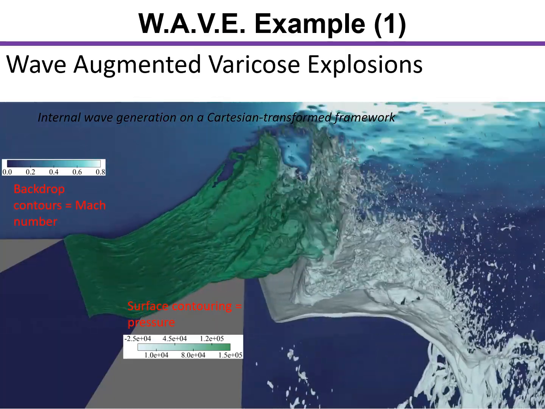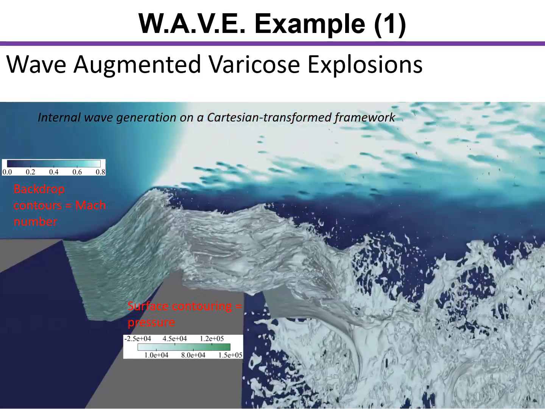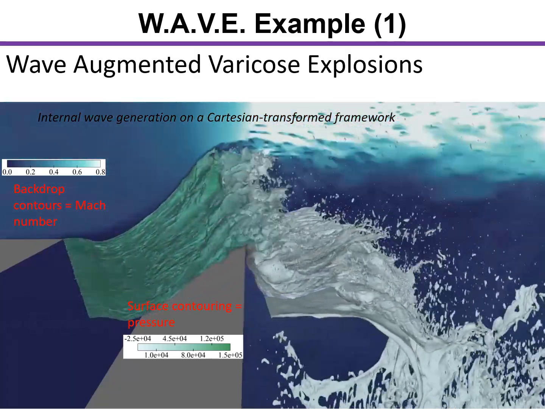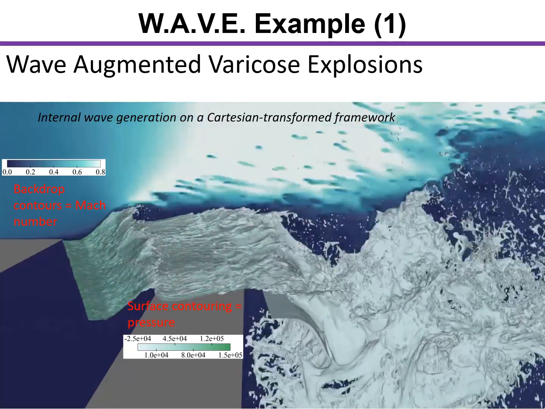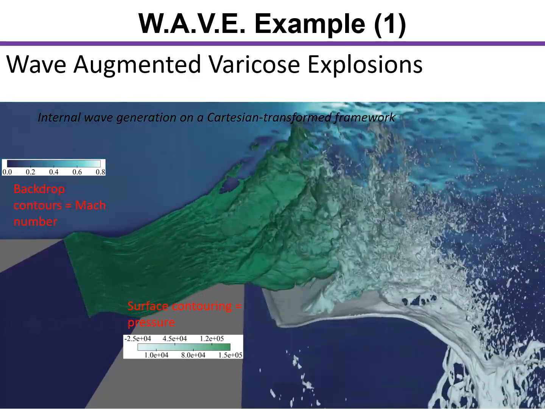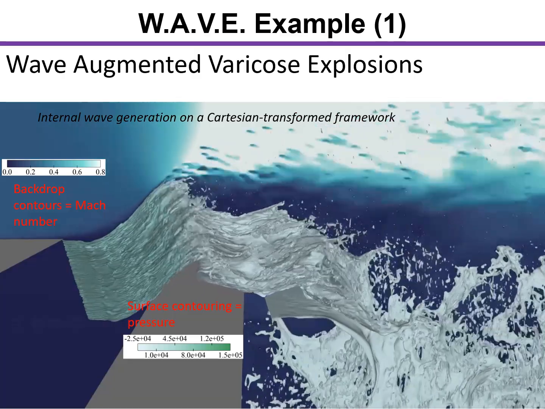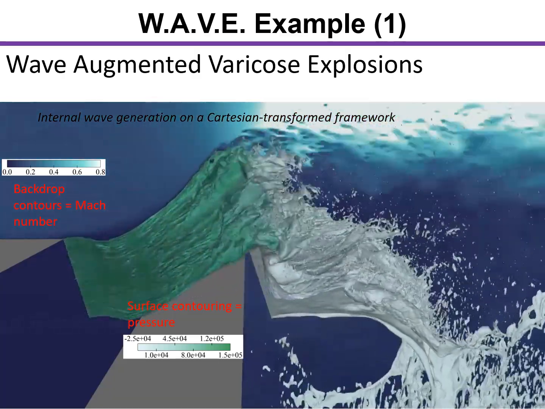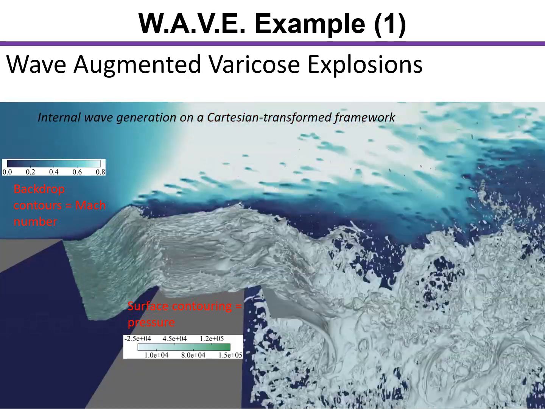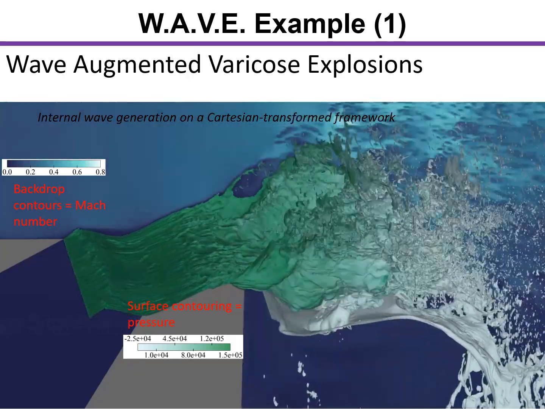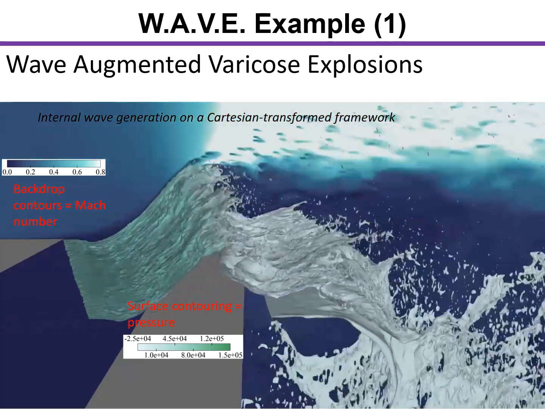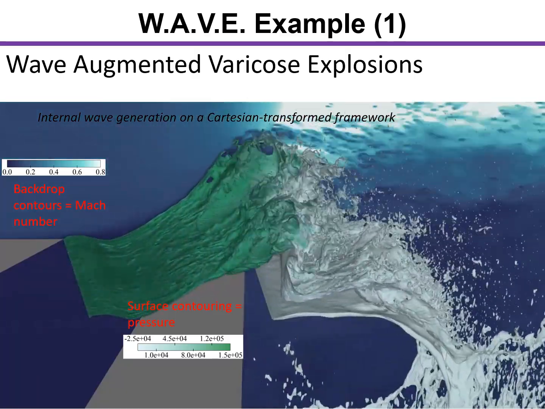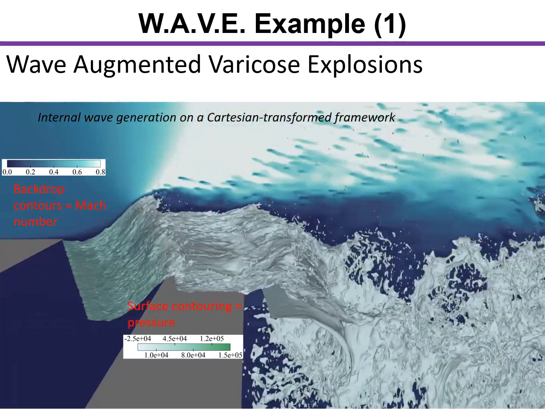I apologize for the technical glitches on the previous slide, but anyway, this is our first example of what we call wave atomization, wave augmented varicose explosions. And this is an animation of the inside of our atomizer. The flow is generally from left to right. The liquid phase, or the slurry, is entering from the bottom left-hand corner, and we've taken this azimuthal, circular geometry and flattened it out, or unraveled it, into a Cartesian coordinate system for us to examine the inner wave. The backdrop, the back wall in this picture, is colored by Mach number from 0 to 0.8,